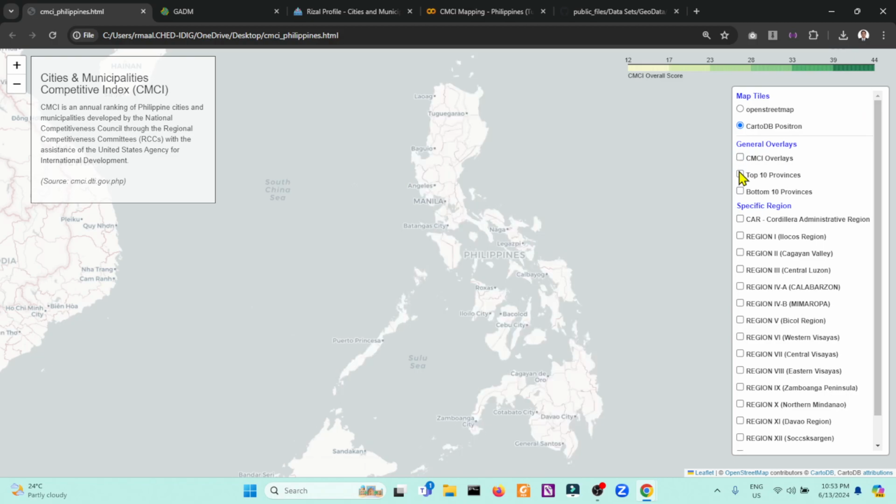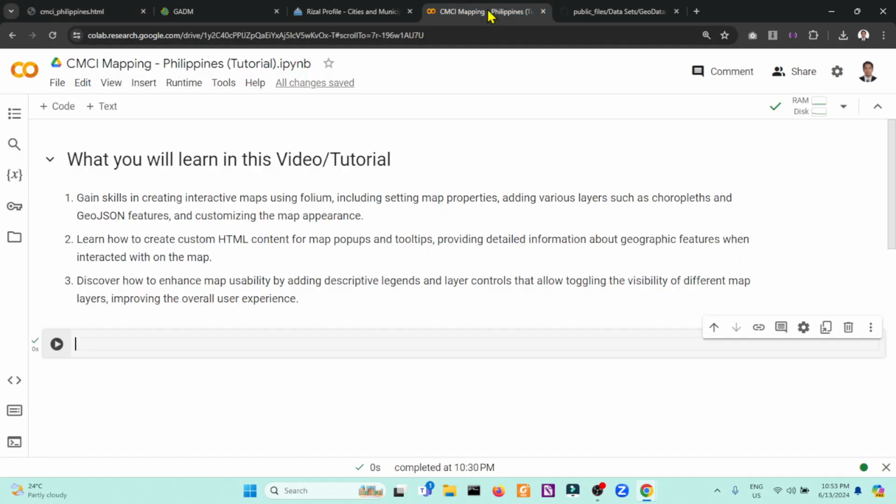So this will not be an easy task for beginners. So maybe for intermediate users, you have to have a knowledge of Python, HTML, CSS, JavaScript, and programming. But with enough effort and time, you can learn how to create interactive maps such as this. Also, you will need a Google Colab account. If you have a valid email, it will be no problem. This Google Colab is for free.